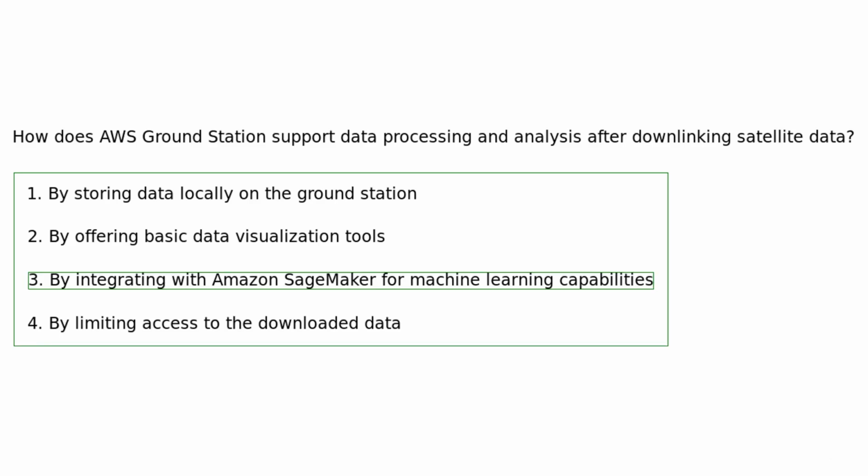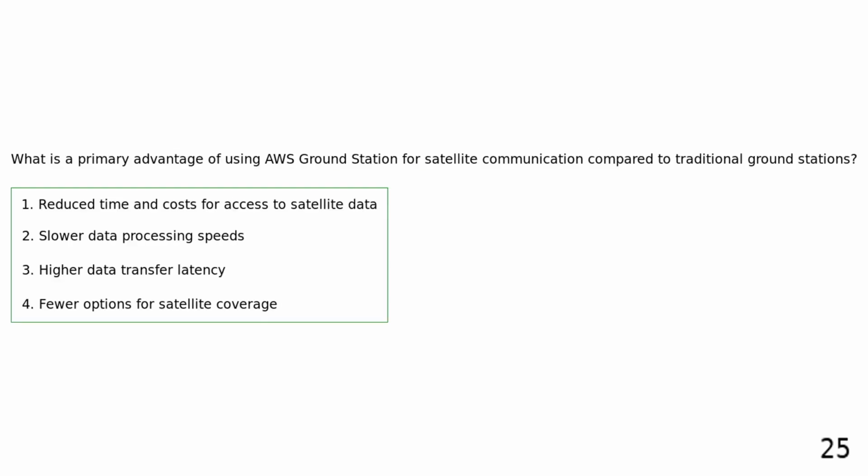AWS Ground Station supports data processing and analysis after downlinking satellite data by integrating with Amazon SageMaker for advanced machine learning and analytics capabilities. What is a primary advantage of using AWS Ground Station for satellite communication compared to traditional